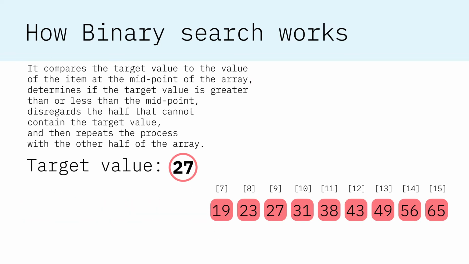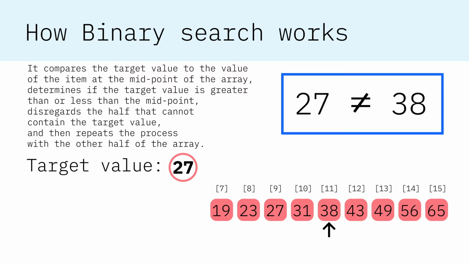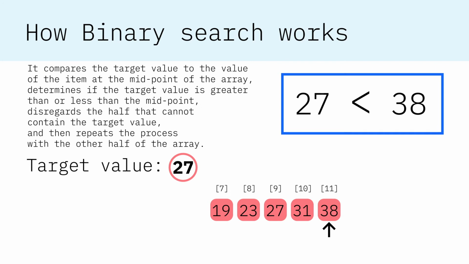the process repeated. In the next iteration, a new midpoint of 38 is determined and compared to the target. 27 does not equal 38. The algorithm then checks to see if the target is greater or less than the midpoint. 27 is less than 38, so the right half of the array containing integers more than 38 is discarded and